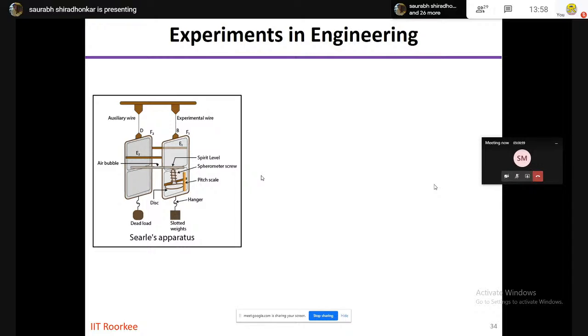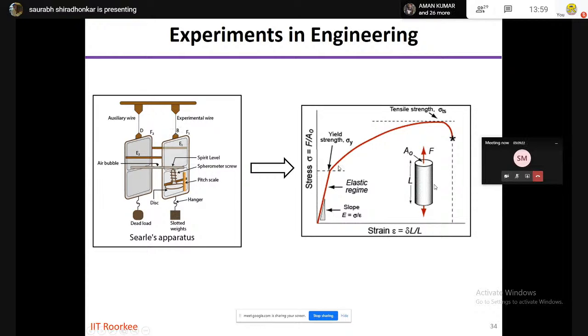In this particular experiment, we apply load here, then we measure the strain in the wire, and then we figure out the stress depending upon its area. And then we keep on increasing the load, we keep on increasing the strain, and we keep on calculating the stress. So this is the procedure that we have followed. The slope that we get is the